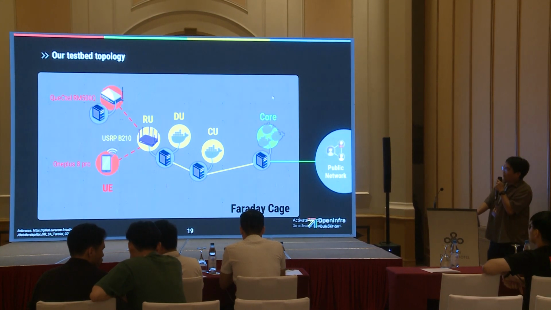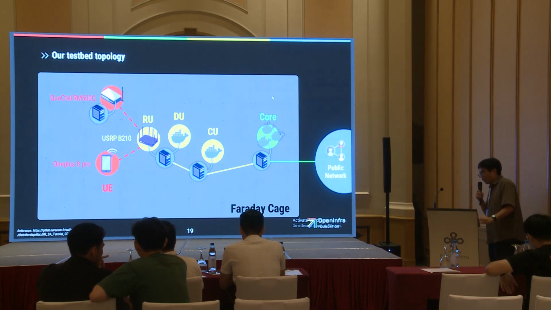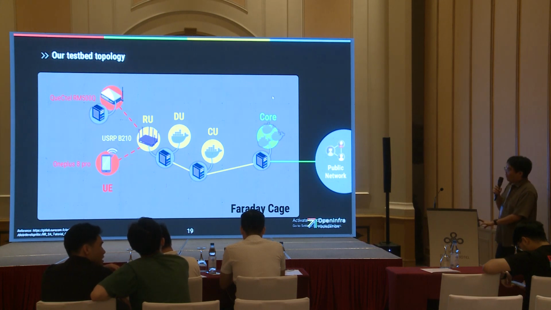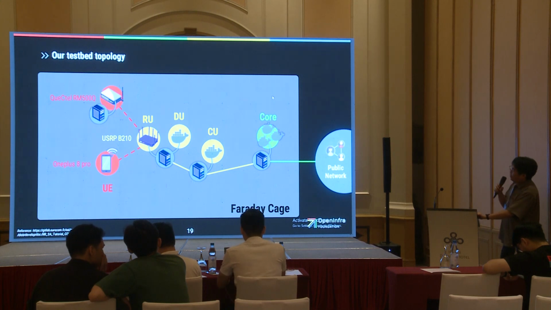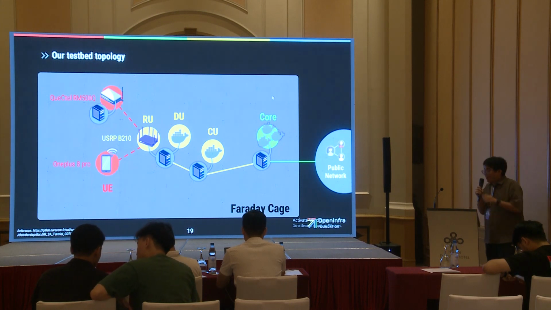So basically, if you look through the documents of OAI, you can get a really smooth path of migrating from a pure software solution to a hybrid solution. But you still have detailed implementations that are not very reliable on the hardware, because the hardware iterates very fast. So you are very likely to have trouble when you migrate from pure software and try to bring your phone in. That is the high challenge, but this is the motivation. Why do you want to build your own 5G network? This is the kind of conflicting issue.